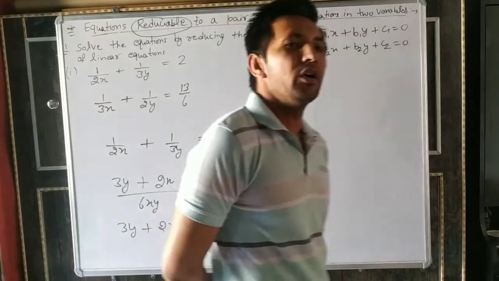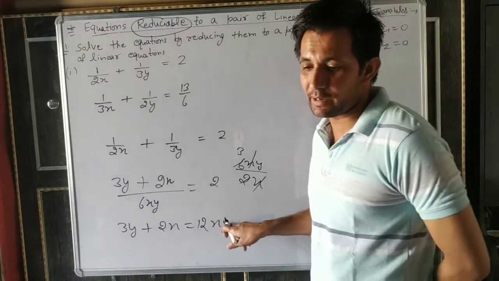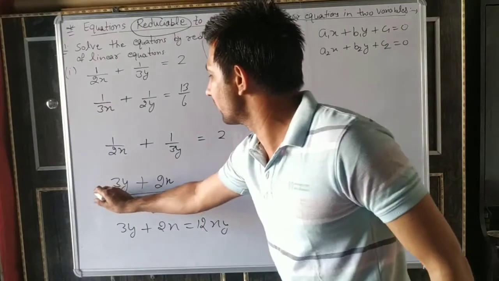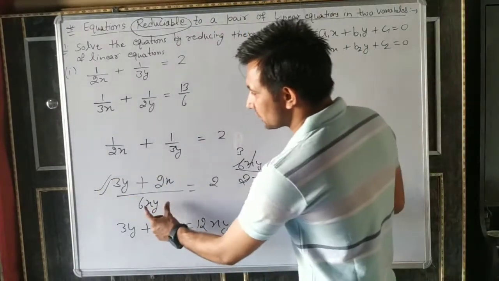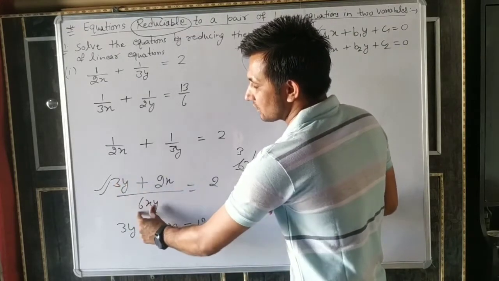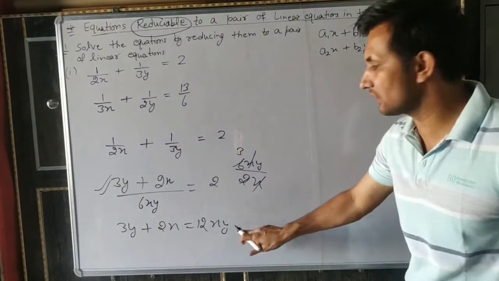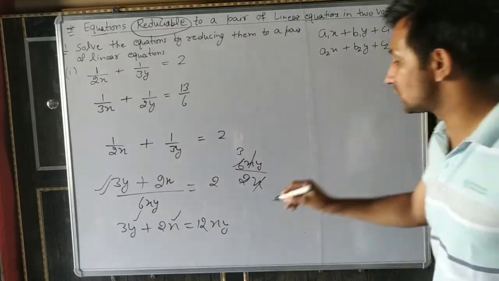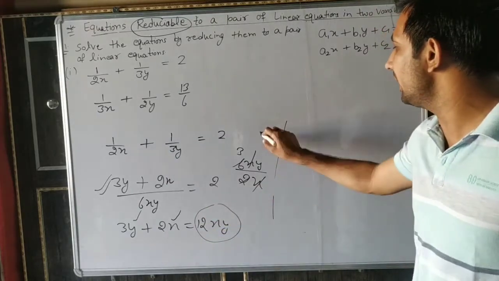We observe that this type of question is already given. Part number 5, this one is given. This is part number 5. What is the meaning of this one? 6xy divided by 3y and 2x also. So we observe that a general form of linear equation has x variable, y variable, and c1 is always constant. But here x and y come again, so we cannot solve by this method.